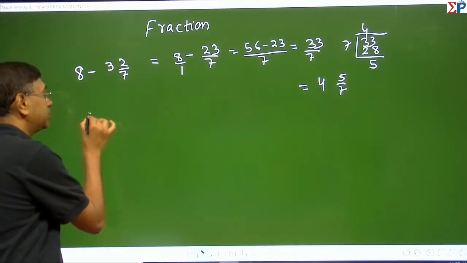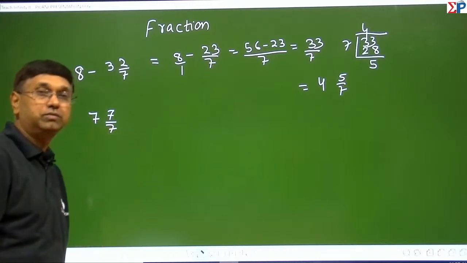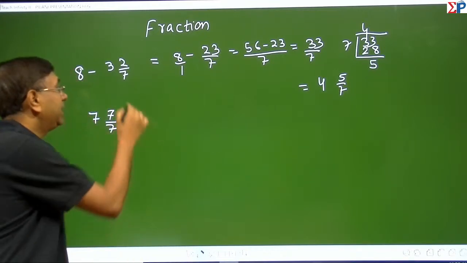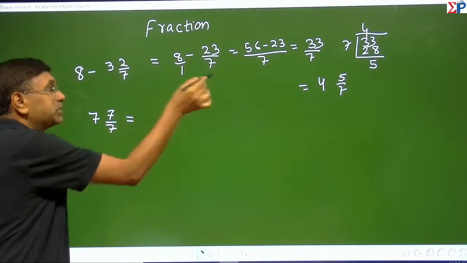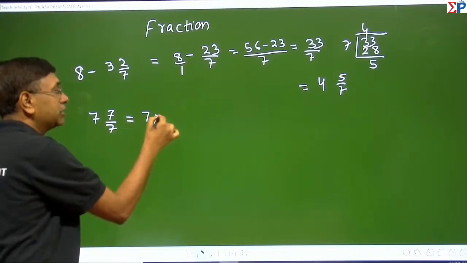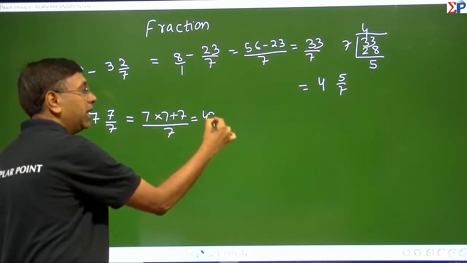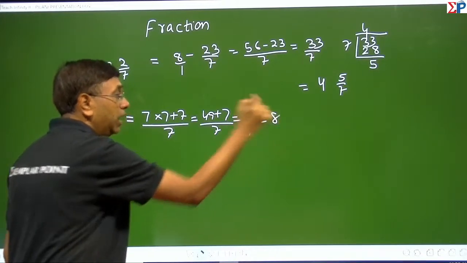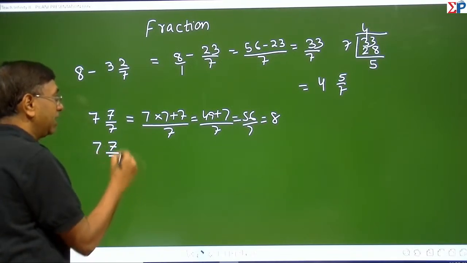गाइस बताओ, अगर आपको कोई पूछता है कि 7/7 कितना होगा, 7/7, मैंने बहुत बच्चों को देखा है बोलते हुए कि 7 होगा, गलत। अगर मैं इस प्रोसेस से भी करूं तो 7 × 7 + 7 / 7, सो 49 + 7 / 7, 56/7 8 होगा। पर आज आपको सीखना क्या है वो समझो।